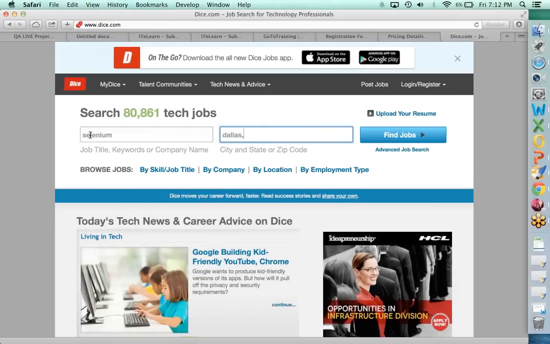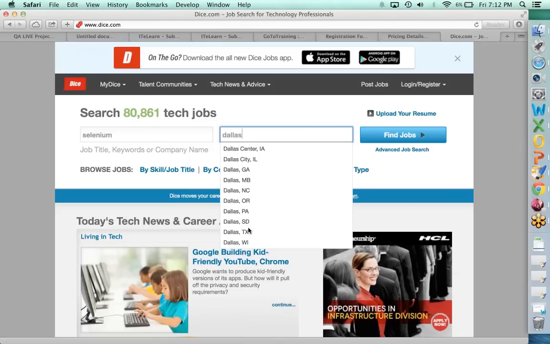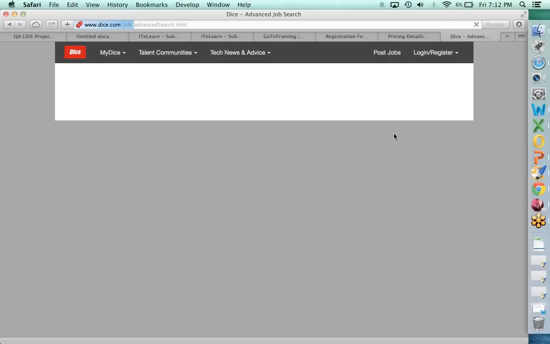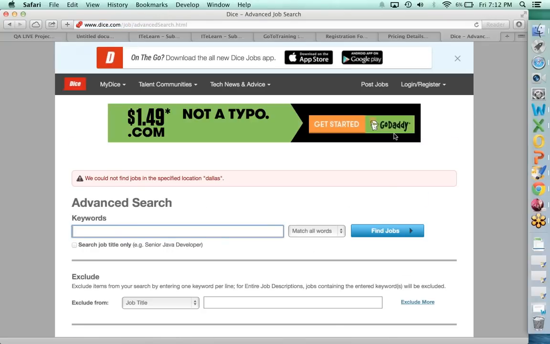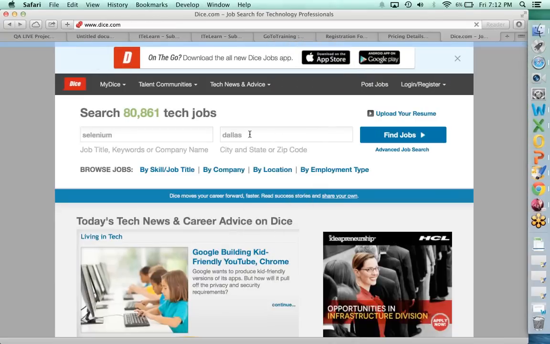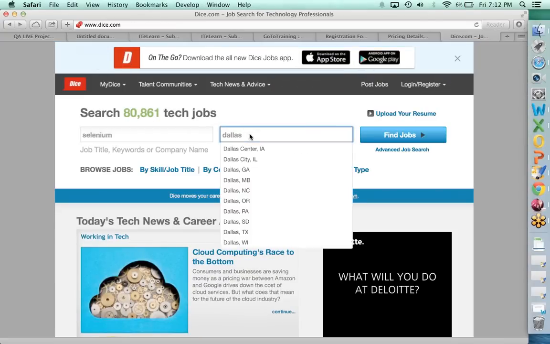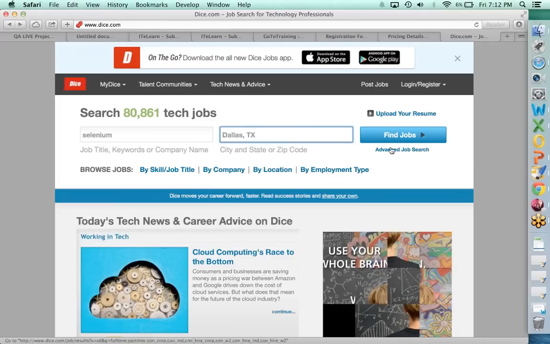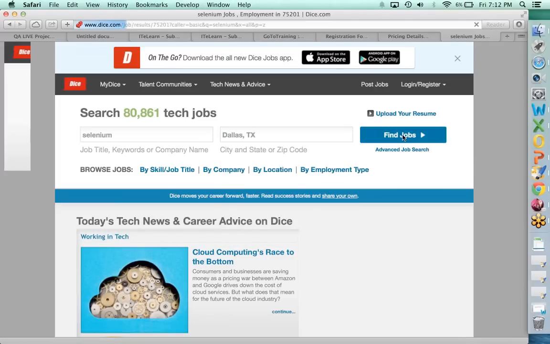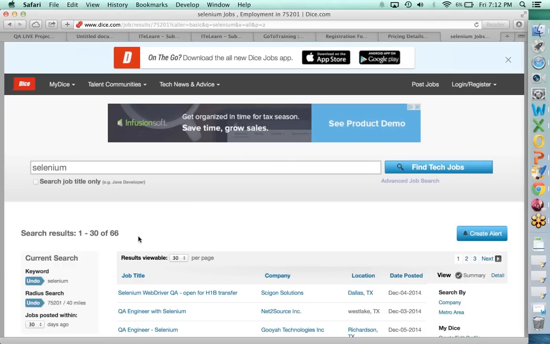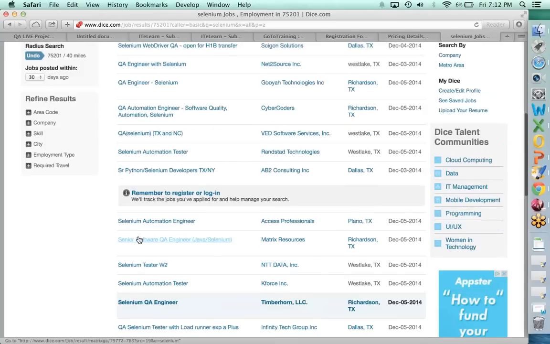Let's see how many jobs there are. Oh no, why did it come? This is buggy. Dallas, Texas, selected. There you go. There are 66 jobs currently active for that specific location.